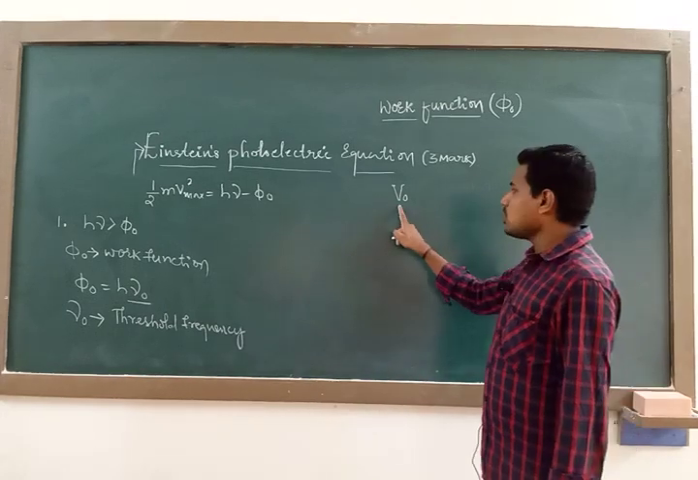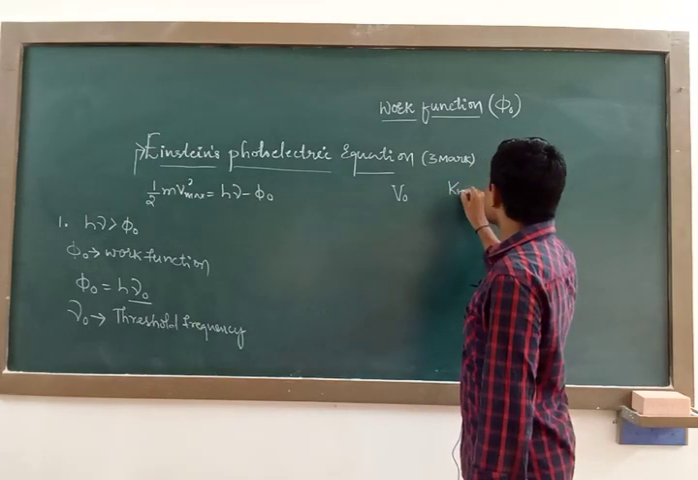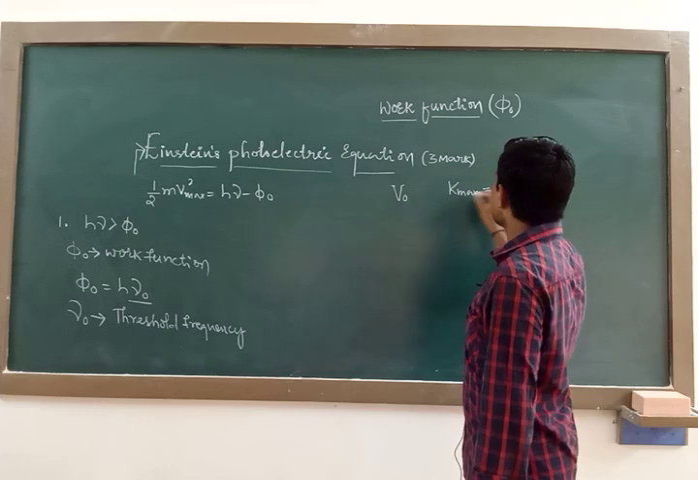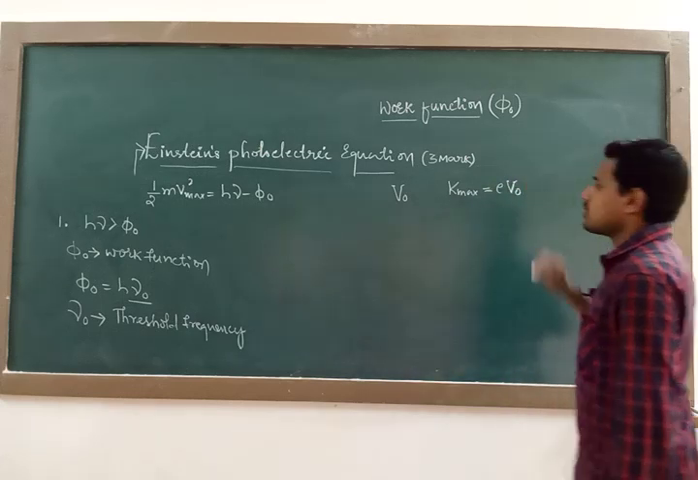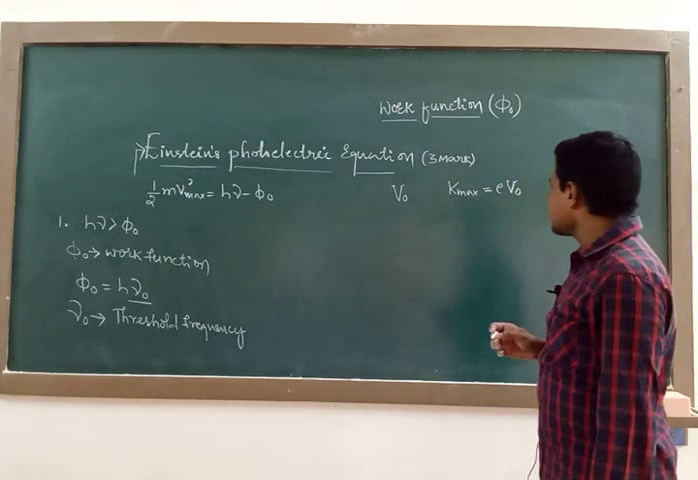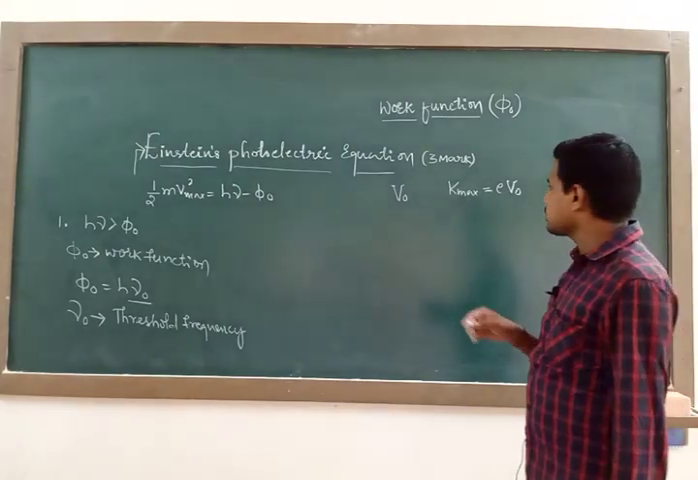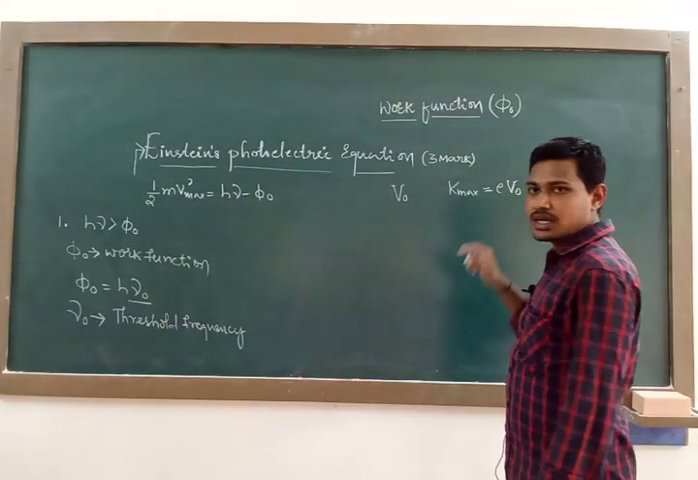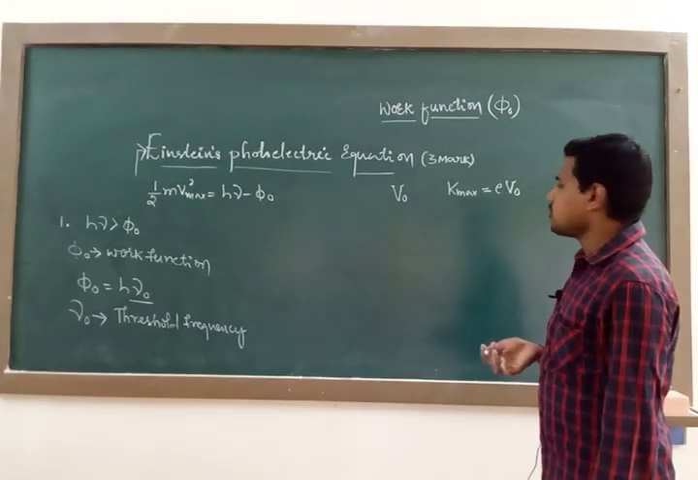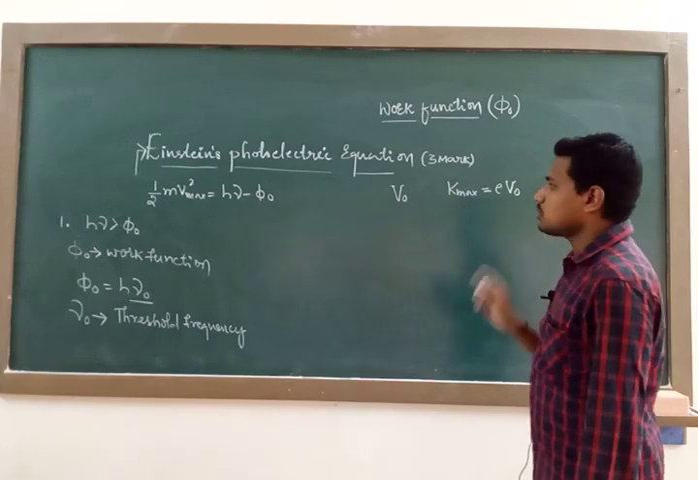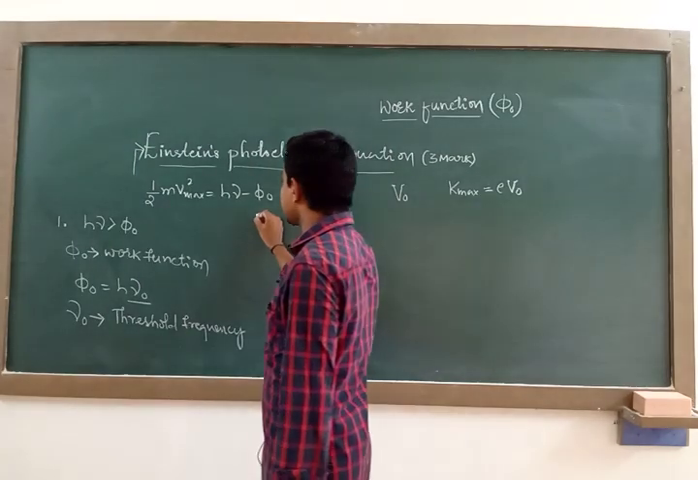So therefore, if V0 is the stopping potential, then we know that the maximum kinetic energy of the ejected electron is given by K max is equal to eV0. Yes or no? So we obtained this condition during the study of variation of photoelectric current with the collector plate potential. So K max equals eV0, and therefore this equation I can also modify as